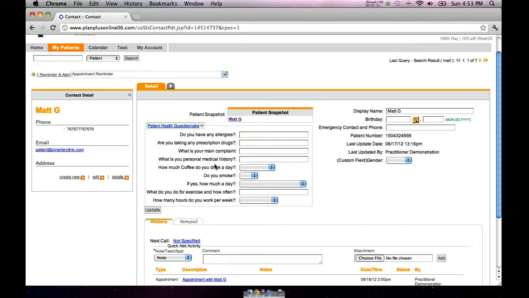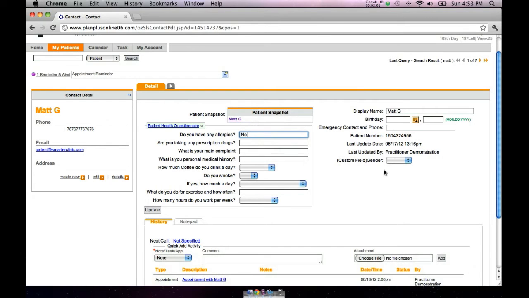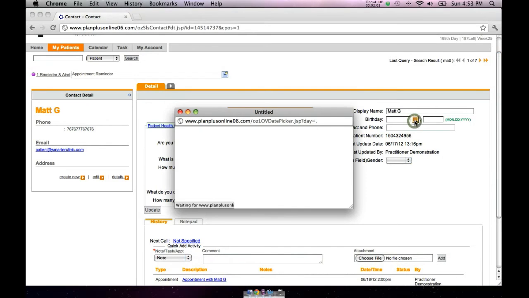Now as soon as we are in the system, it's very important to understand that this system doesn't record everything automatically. When you do or add new information, you always have to add them, save them, or submit them. So every single time, please keep in mind. Now this system's got two sections. So all the information that you're going to enter here, for example, if there are any allergies, let's say there's no allergies, and you would like to make sure that this stays in the system,